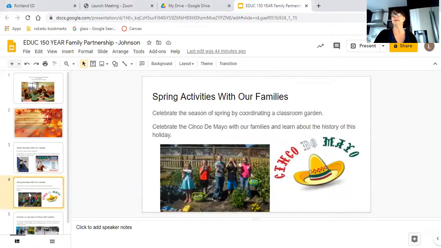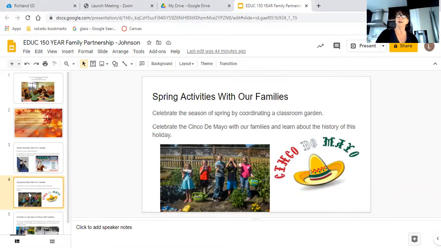In spring, there's so many things to do. One thing I'm really, really passionate about is growing food and knowing where my food comes from. And I think it's important for our families to do that too. Plus, it creates a self-sustainability mindset. And you can grow in buckets, you can grow in the ground, anywhere pretty much. And if your school allows for a classroom garden, or maybe even, again, if you could do a community garden, I think that is such a wonderful growing experience for everybody, and bonding. I mean, you're getting in the dirt. What better way to bond with each other?